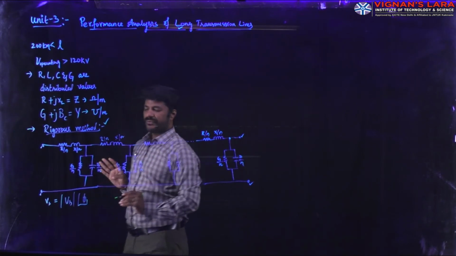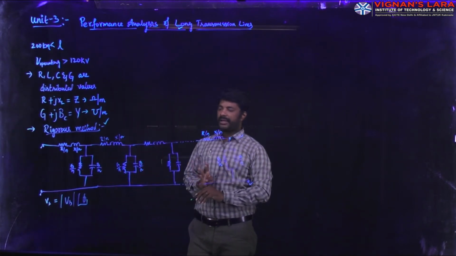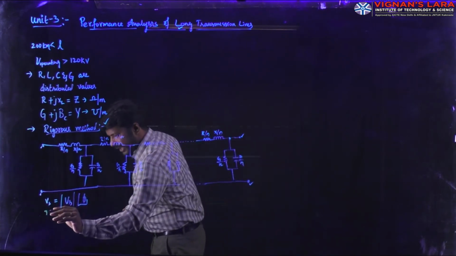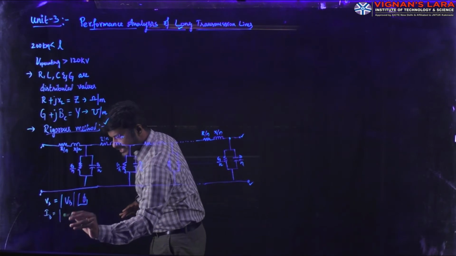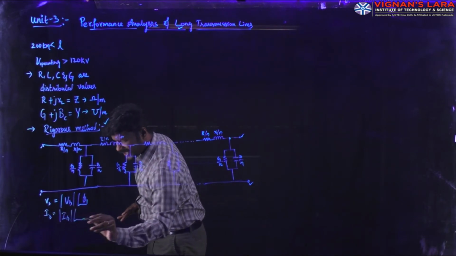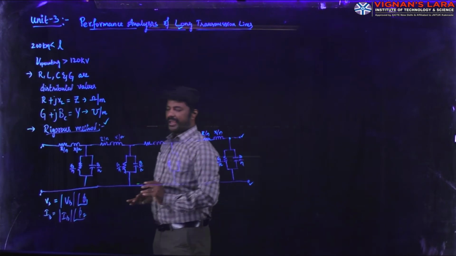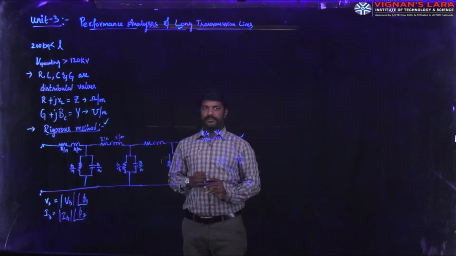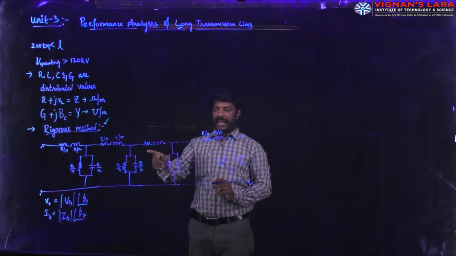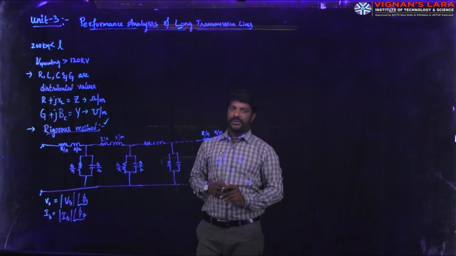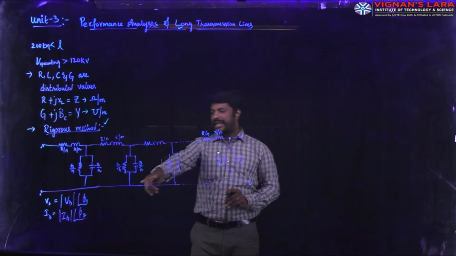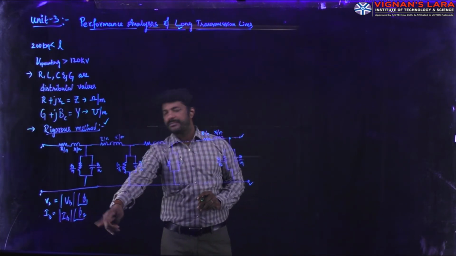Let me call that angle phi 1. Similarly, the sending end current Is, which has a certain magnitude, is represented in polar form with a magnitude of Is and an angle of phi 2. Our objective is to get the magnitudes of Vs and Is in polar notation. Once the magnitudes and phase angles are there, then we can estimate the power factor